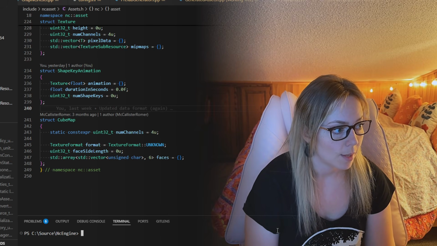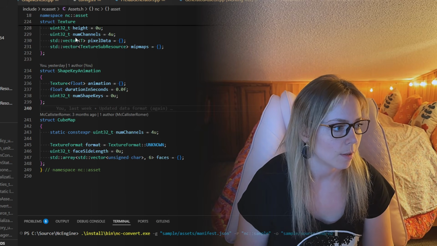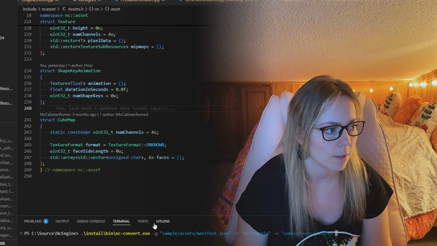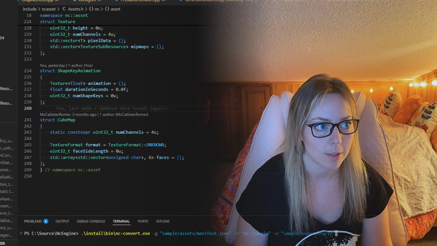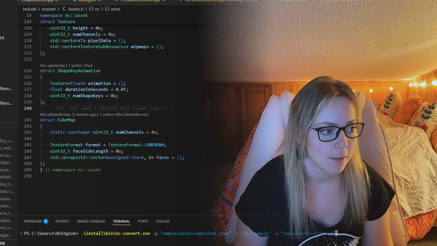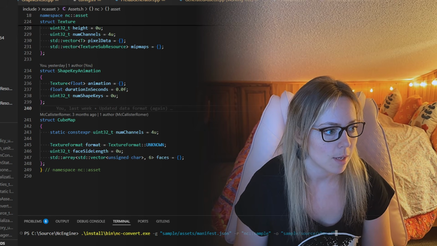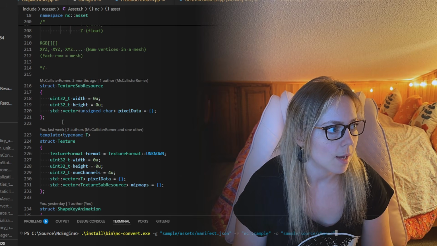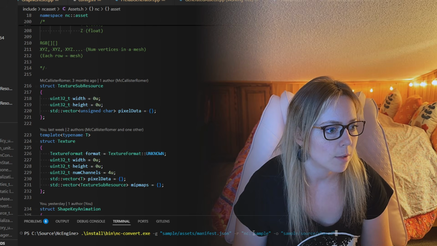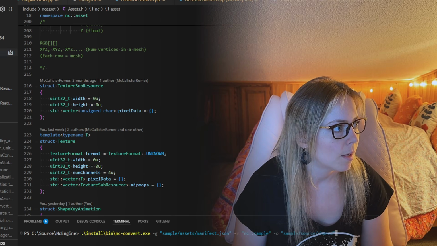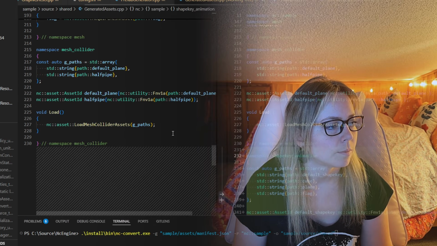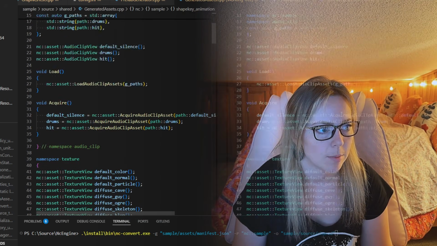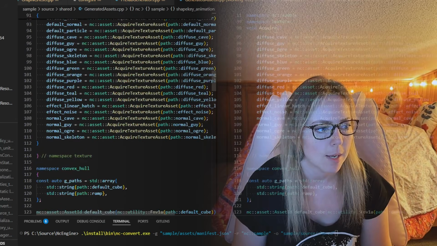So then the next thing you do after you've generated your asset file in NCA format is you're going to run this prefab generator. And I wish I could take credit for this, but this was all my husband. What this does is it takes a manifest and takes the assets in the manifest, you give it a namespace, and you give it an output directory, and it will generate basically an object model, the C++ object model for every one of the assets,